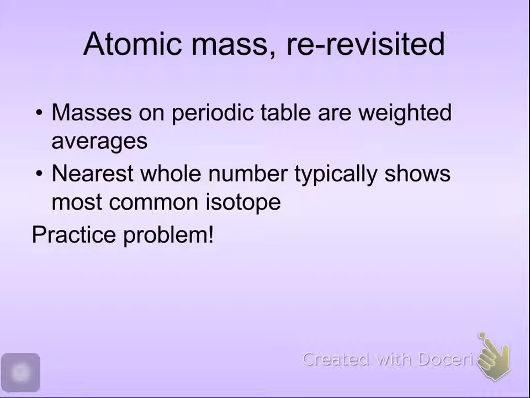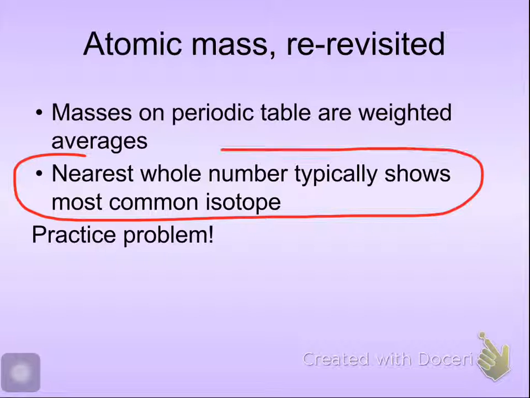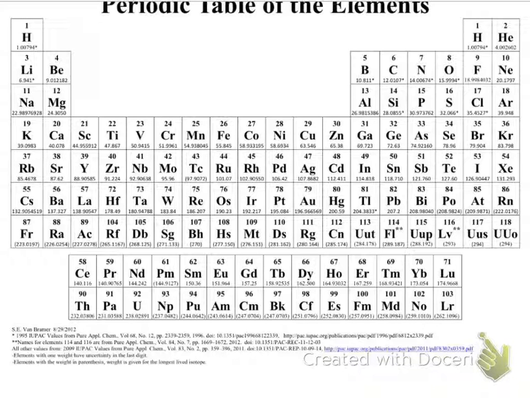But in general, we can take a good guess that if we look at the average atomic mass, the nearest whole number is probably the most common isotope. There are, like I said, a few exceptions. But what we're going to do is actually look at calculating an average atomic mass. And I have a little analogy to share with you. But first, let's just quickly look at some atomic masses and practice taking a wild swing at what the most common isotope probably is. Okay, so I'll look at fluorine,